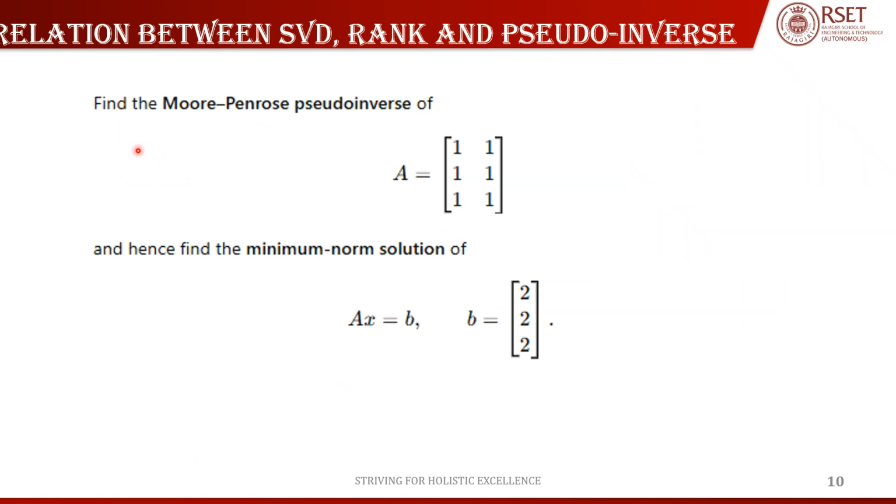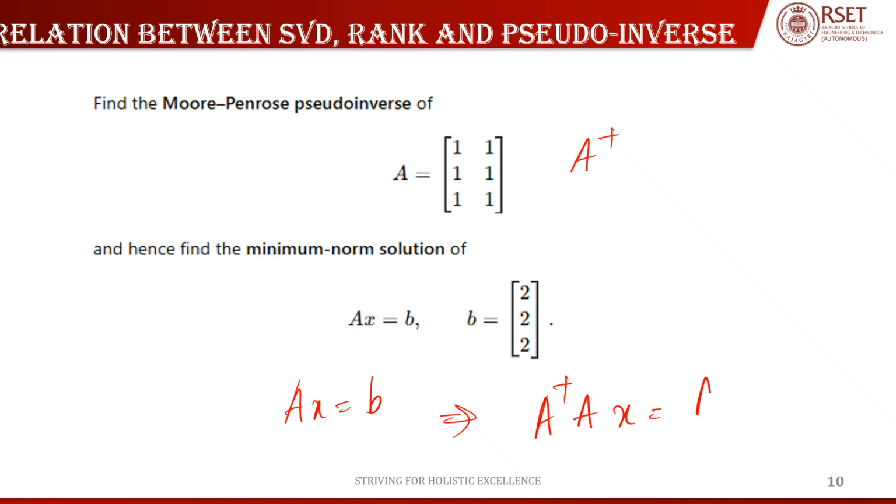Now we'll see another question to find the pseudo inverse of A, where A is given as (1 1 1; 1 1 1). You are also asked to find the minimum norm solution of Ax equal to b, where b is given by (2, 2, 2). We'll see. What we basically do in this problem is find the pseudo inverse of A, and then we are asked to find the solution of Ax equal to b, and taking A to the left, this will imply, by multiplying the pseudo inverse,